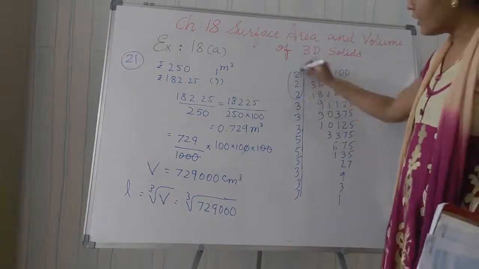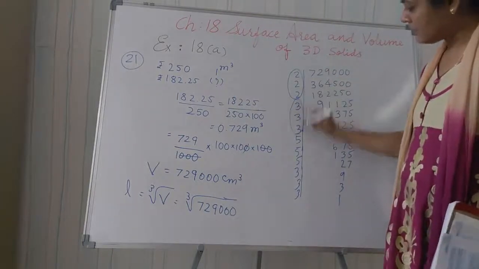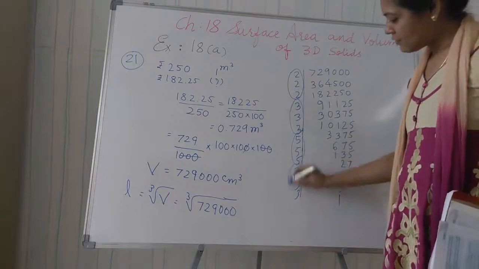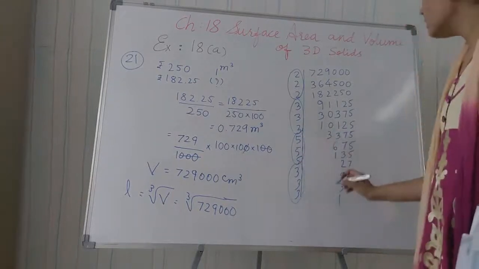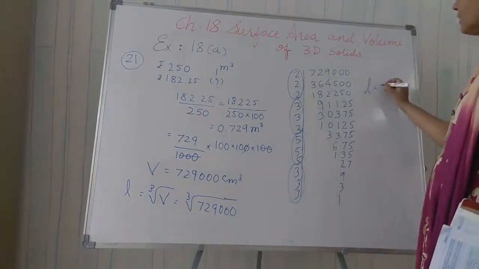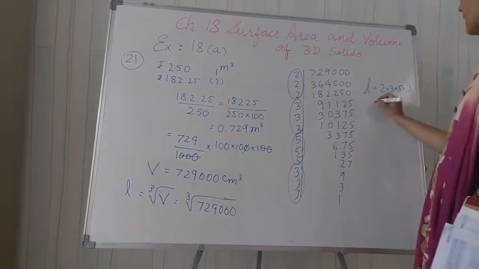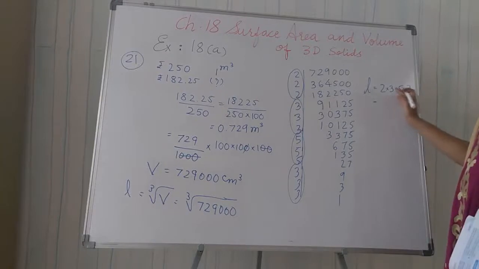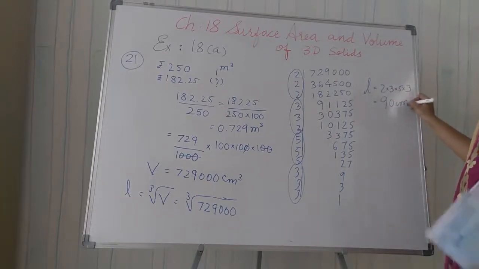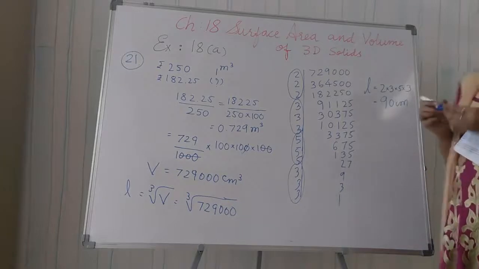So now you want to find the cube root. So I make the triplets of it and choose one value from each. So the length I found here is 2 multiplied by 3 multiplied by 5 multiplied by 3. That is 3 3s are 9 and 5 2s are 10. So 90 centimeters is our final answer at the end.